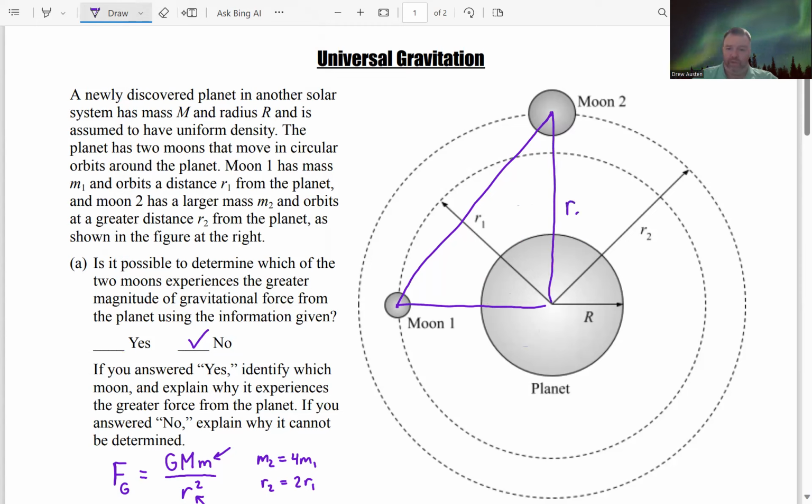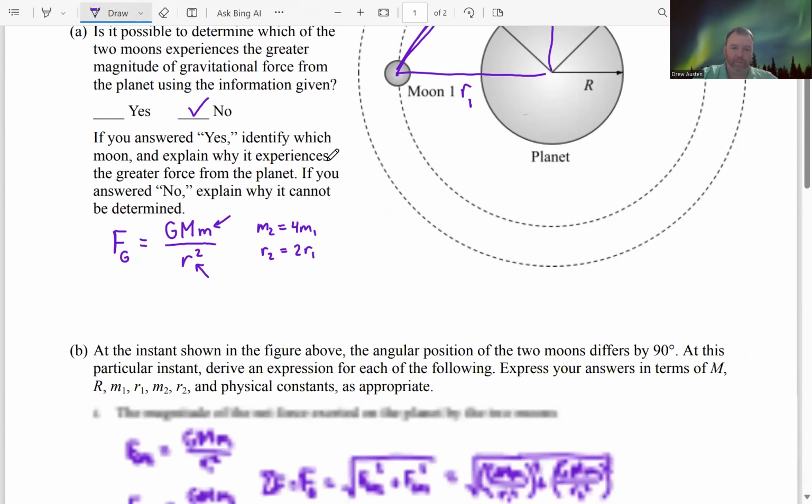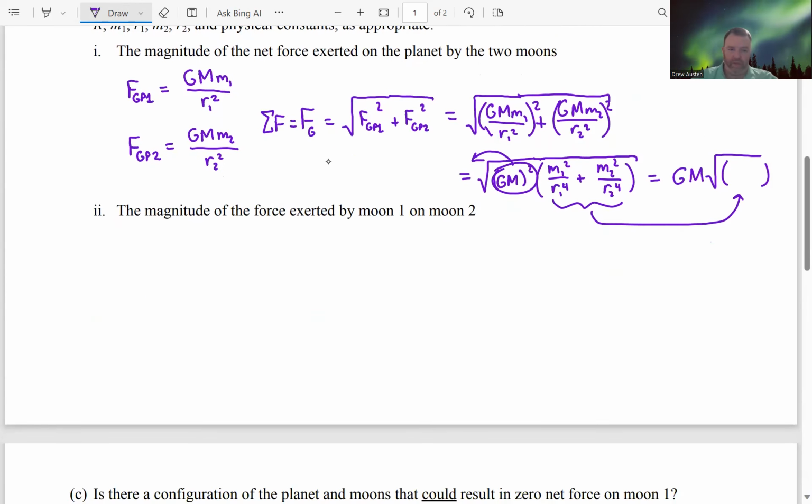Since this distance here is r2 and this distance here is r1, we know that the total distance from here to here, which I'm just going to call little r, is found with the Pythagorean theorem. So little r squared is equal to r1 squared plus r2 squared. We'll need that relationship in just a minute. So we can just say that the net force, or the gravitational force on moon 2 coming from moon 1, is equal to